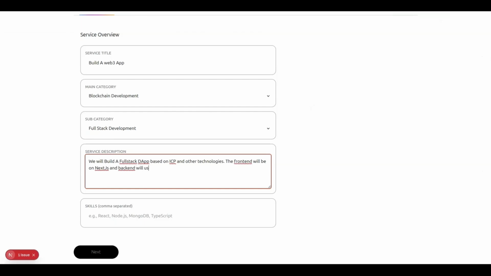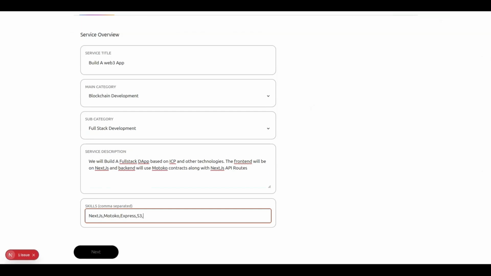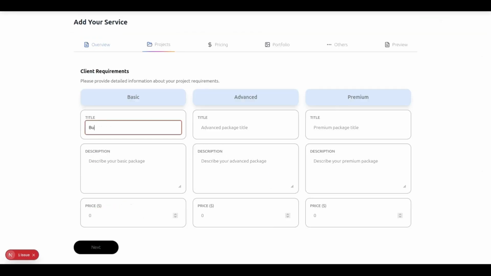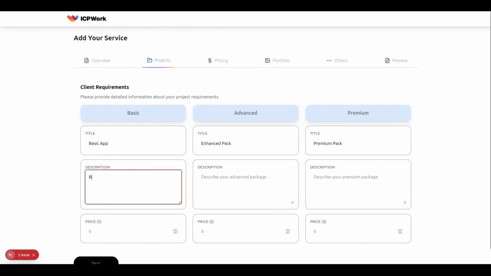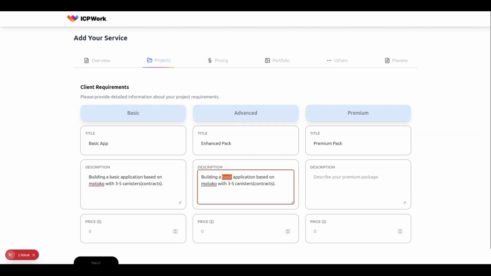Then next we go on to the client requirements or the packages that you're offering. You have basic package, advanced package, and premium package, and you can skip one or two packages as well. Then we can give a description and the pricing of each package, what differentiates them, so it is easy for the consumer to know what they want to buy and what helps them. We also have other details as well. Once this is filled up,